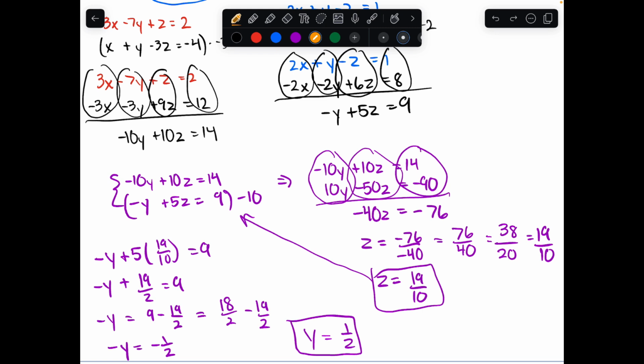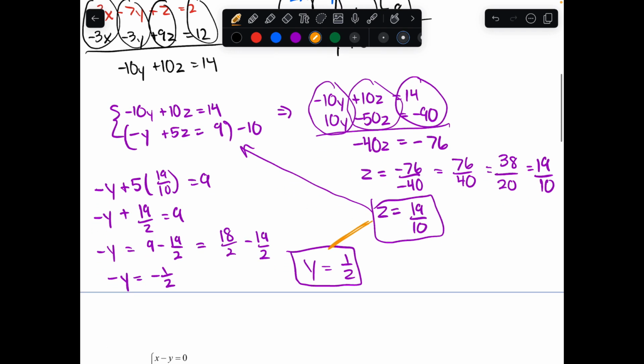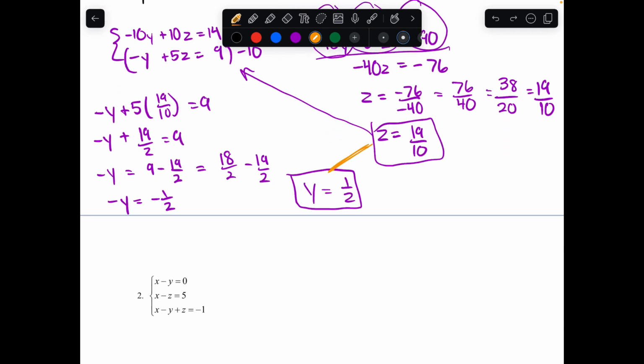Now that I know the values for y and z, I can take them and plug them back into any one of the 3 original equations that we started with. Now I'm going to use the one that I had circled in black because it had the smallest numbers. So we have x plus y minus 3z is equal to negative 4. Plugging in our y and z values, we have x plus 1/2 minus 3 times 19 over 10 is equal